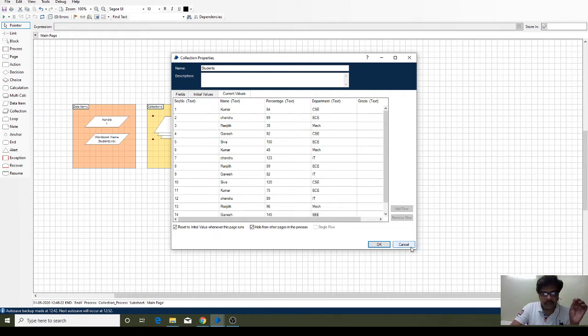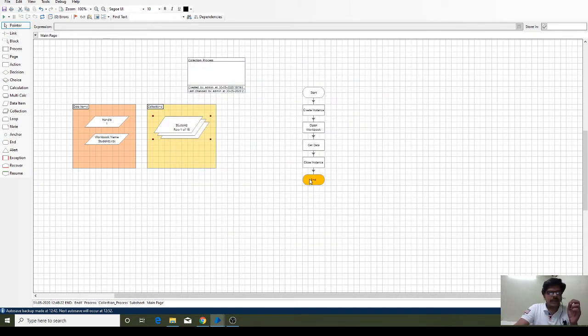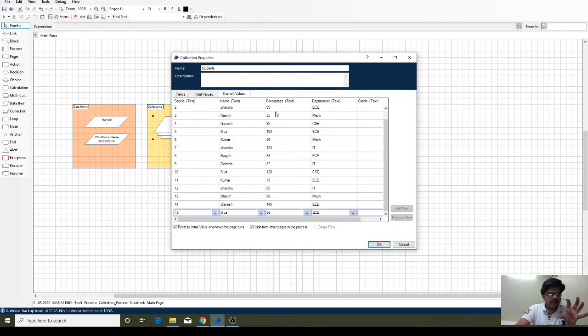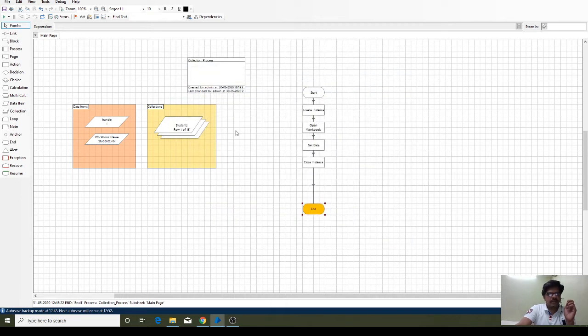We are not sure all the time that the fields will be in the correct format. Sometimes a field can be missing. In this scenario, we are going to define the condition using the percentage field value. Based on the percentage value only, we provide the grade for each student. We are not sure whether this percentage value is available, because we are using an undefined collection. Sometimes the input file may miss that percentage field, or it may have a wrong input field.